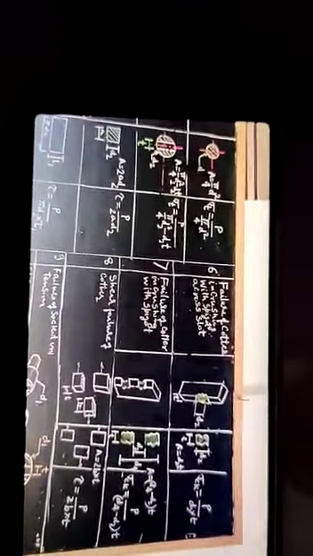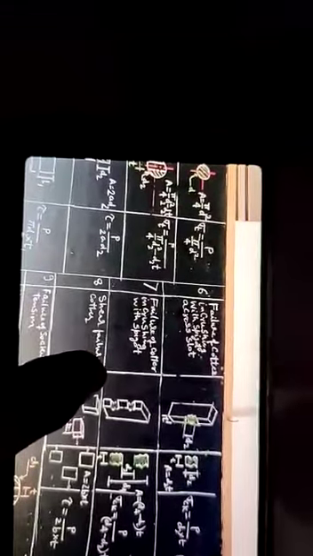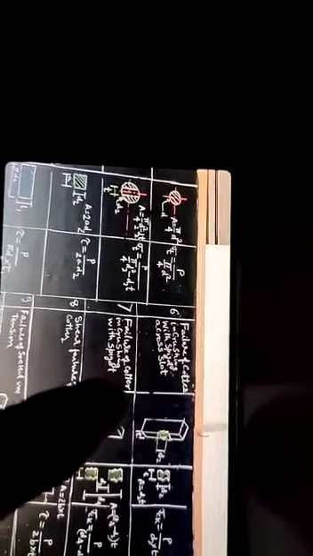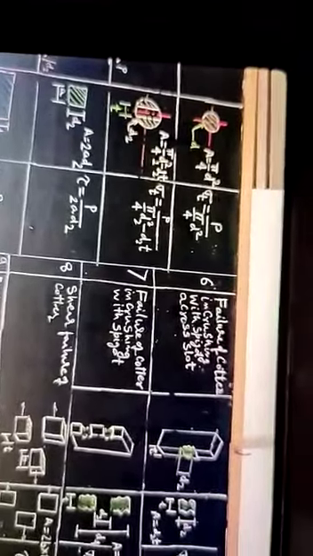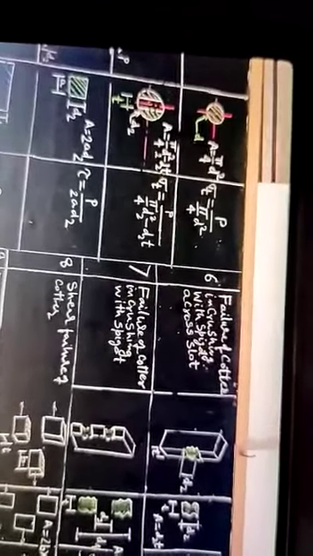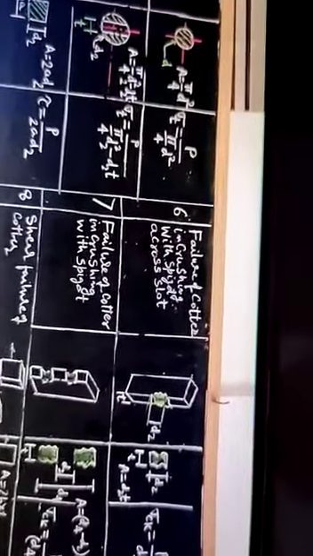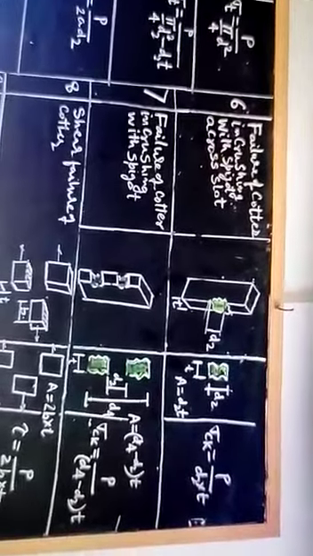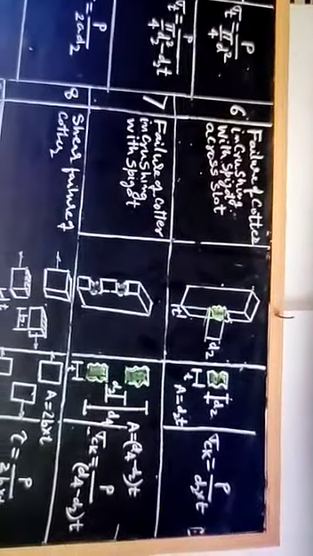Now we will see the failure of quarter in crushing with spigot across the slot. We will see the sixth failure of quarter in crushing with spigot across slot. The crushing area is given by d2 into t, and the strength equation is given by sigma ck is equal to load upon resisting crushing area, that is d2 into t.